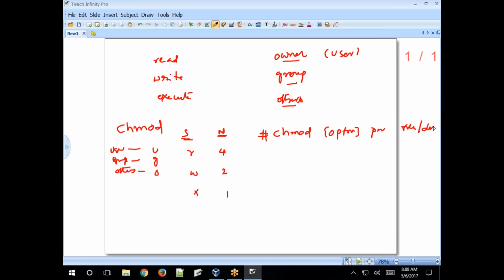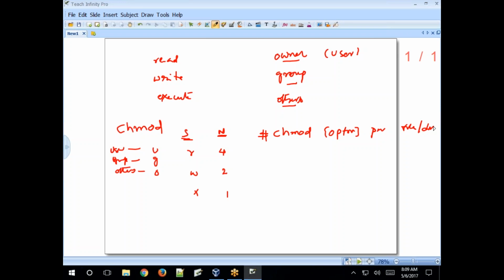Clear? Command, option, permission, and file name or directory name. This is the syntax of the chmod command.